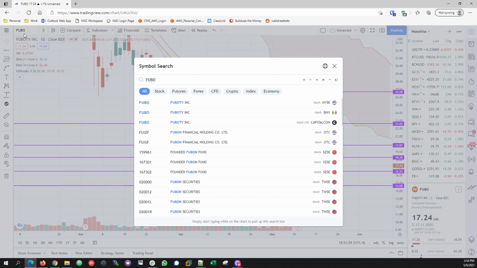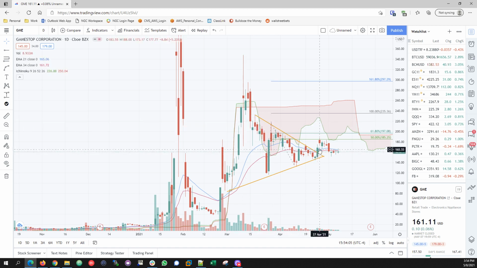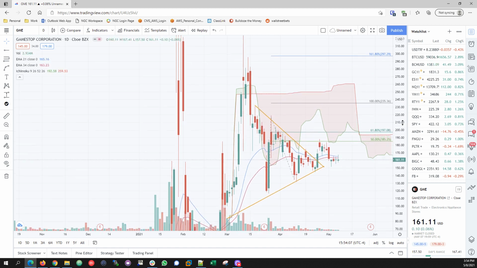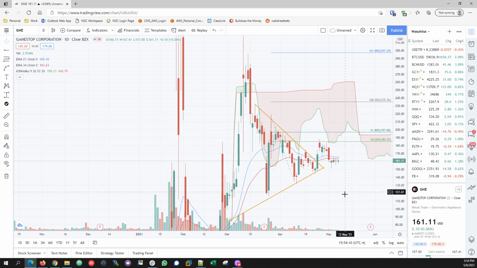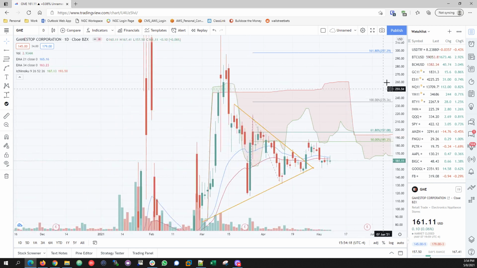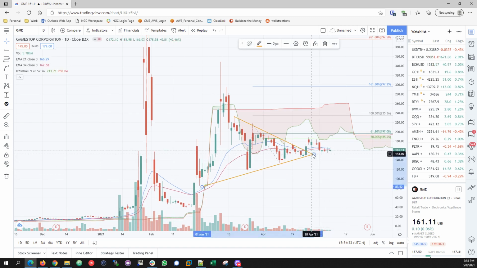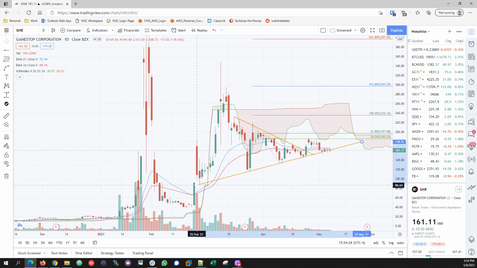Next up is GameStop, GME. I thought that it broke out, and it did play out to where exactly I said it'll be, in the range of 185 to 197. It did hit it after hours at one point, and then it came back down. It lost the EMAs' support and now resistance as well. If we wanted to extend this line, there you go. And it's still in that trend line, which is good.